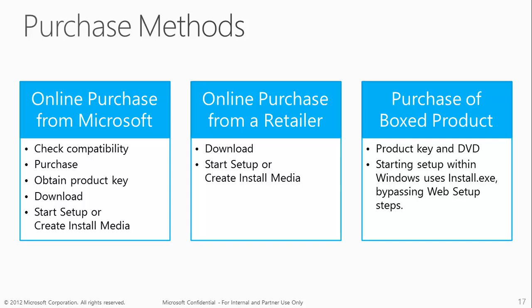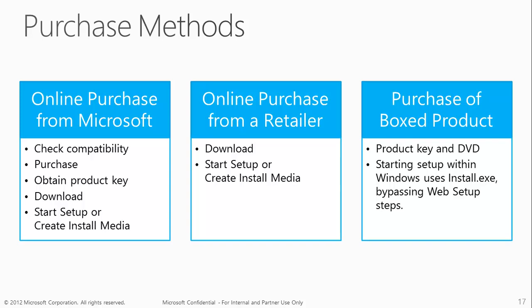So the setup interface itself actually kicks off at the download phase. And then finally, purchase a box product. So you've gone into a store and you purchase a box that said Windows 8 on it. Now this could be a DVD copy, and that's what it normally is traditionally, but we'll also make available